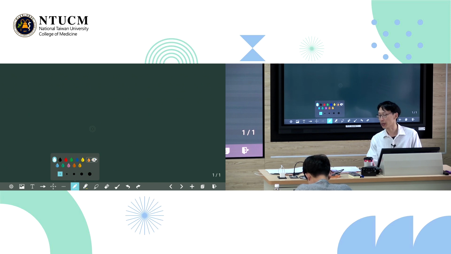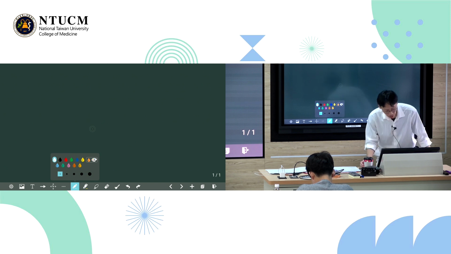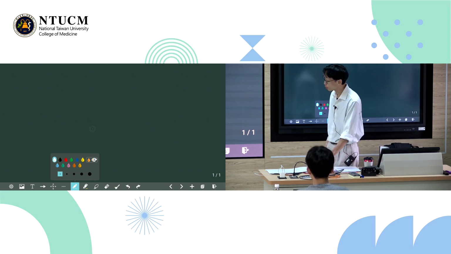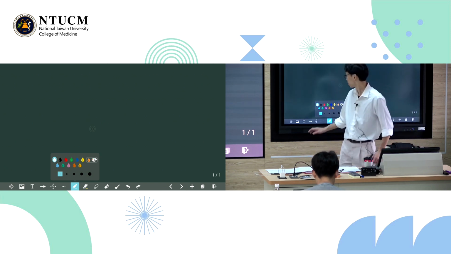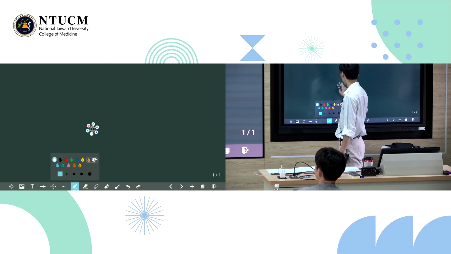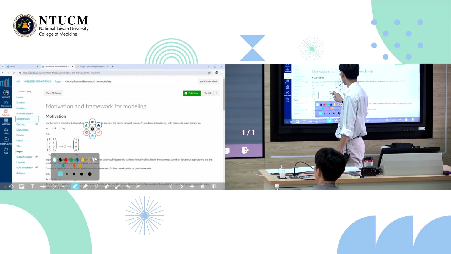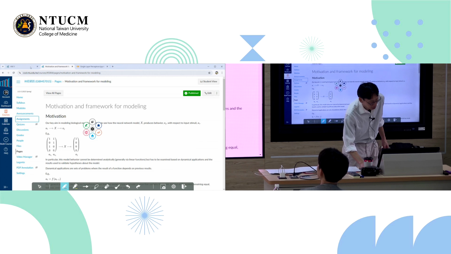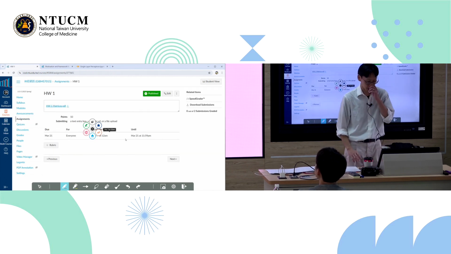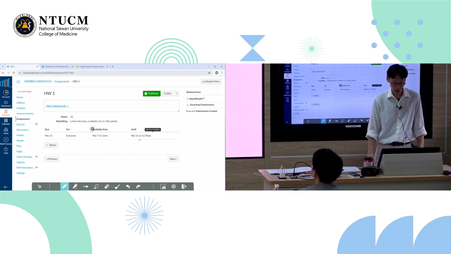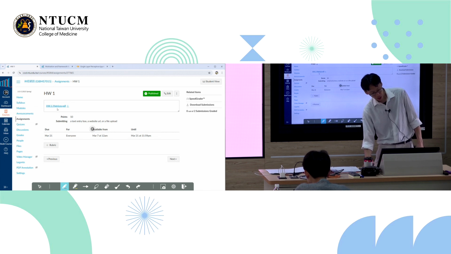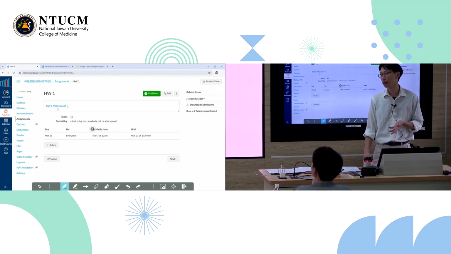The point of the homework, to repeat, is just to get you to reorient and familiarize yourselves with matrices and matrix operations. It's more important that you go through it and get your brain refreshed rather than worry about the points per se. So just a reminder that homework one is due next Friday at midnight. If you have any questions about how to submit, just let me know.